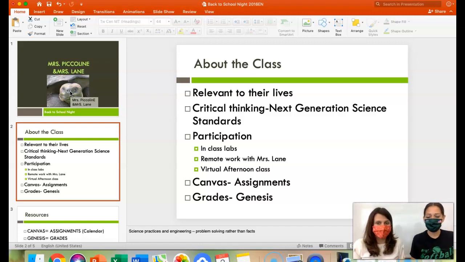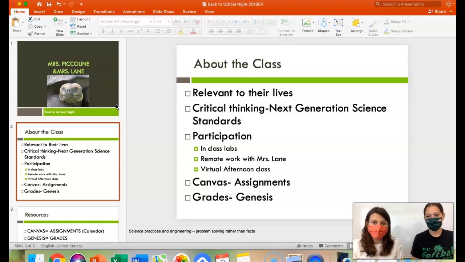I know this year looks a little different, but we are still excited. Things have so far been going great. A couple things about our class is that we really want it to be relevant to their lives, something that we hope they can take with them. And we also really want them to work on their critical thinking skills. Again, something they can have for life, regardless of if they have a passion for biology the same way we do. But in terms of our class, there's a few things for participation.